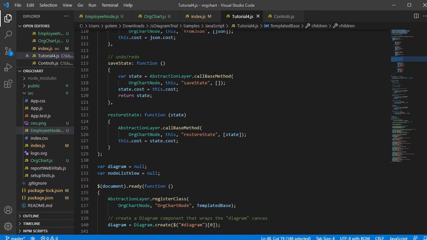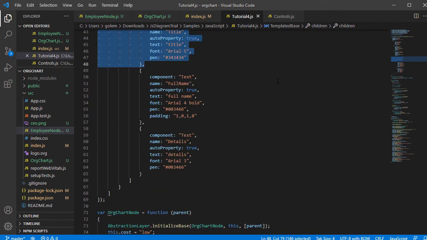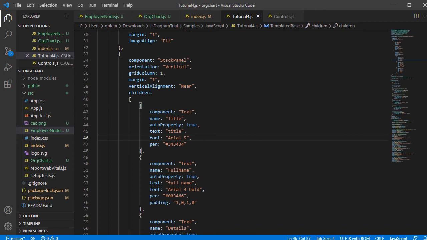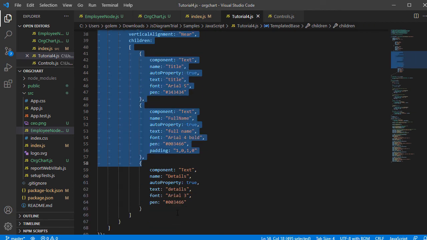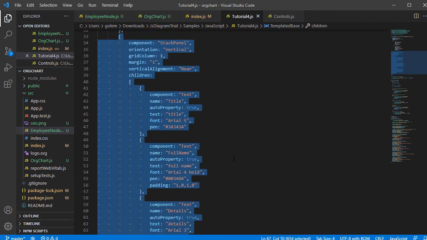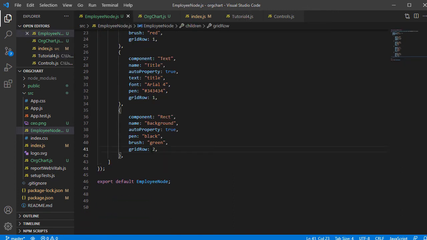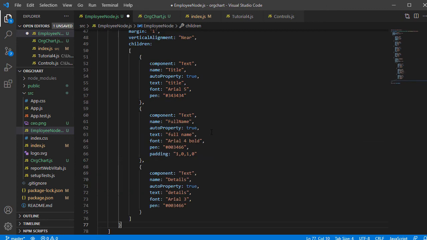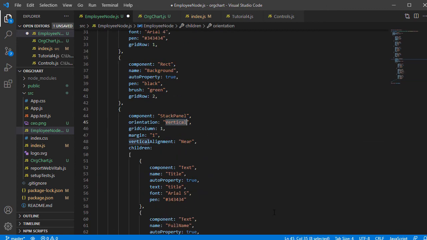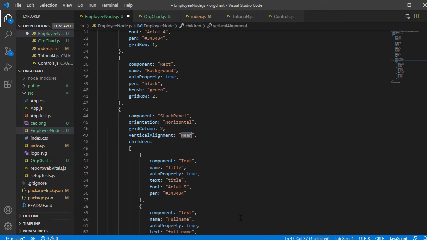Let's copy the node for a stack panel from tutorial 4. The stack panel that we need is horizontal. No margin required. Its vertical alignment is in the center.